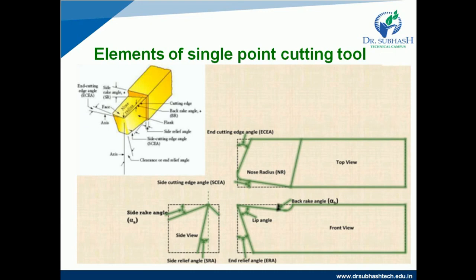End cutting edge angle. This is the angle between the end cutting edge and a line normal to the tool shank. The angle produced in between is known as the end cutting edge angle, right? Then